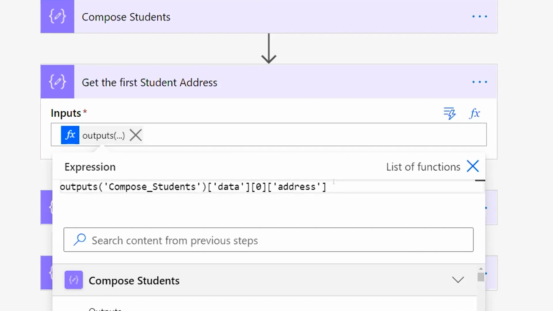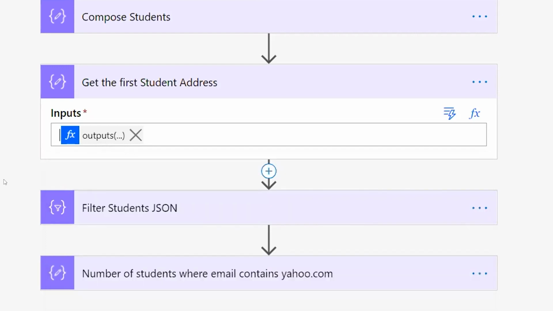So if my JSON, let's say, has no data in it, this expression right now will fail. It will throw me an error, and your Flow will throw an error. If you want to avoid that, best practice, always put question mark in between each attribute call that you're making to your JSON. Nice.